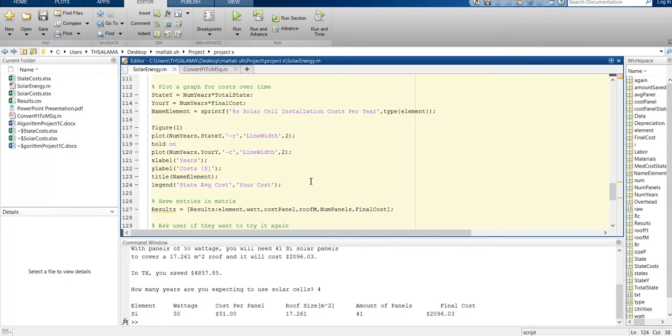One line shows the state that we were comparing to, and another line shows the state that we chose, and it shows, for the number of years the user chose, how much he would be saving and how much it would cost, and the difference. It will all be shown in the graph. Now if we go down,